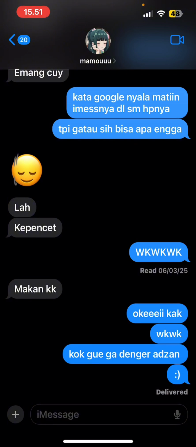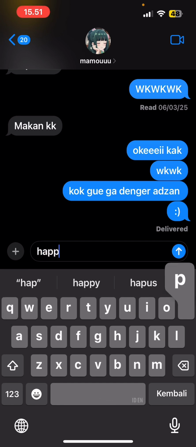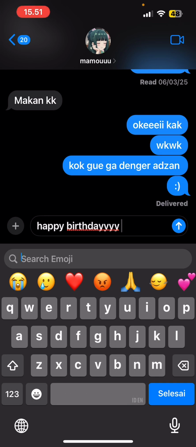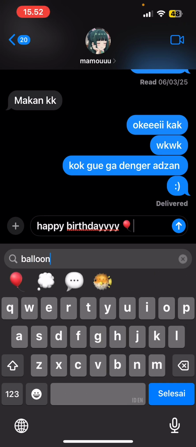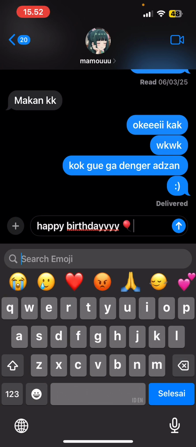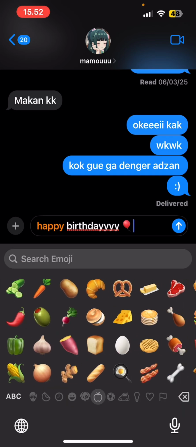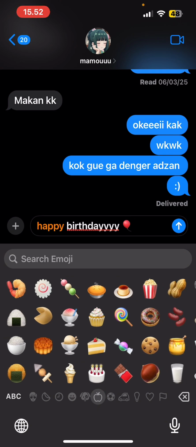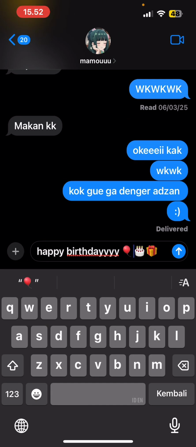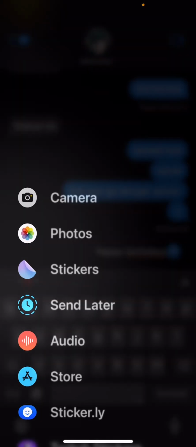so you're just going to type in whatever you want. I'm just going to type in happy birthday, balloon, and then cake. That is not cake. What? Cake. This one, and then present. There. Then to schedule the text, you're just going to select the plus button here, and there's going to be